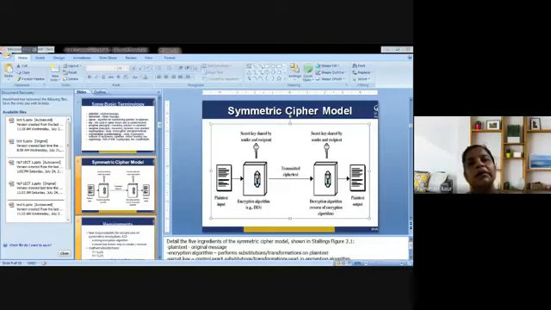So what is basically a stream cipher? It encrypts the digits, that is typically bytes or letters, in a substitution cipher or a message one at a time. Next is the block cipher. It takes a number of bits and encrypts them as a single unit, padding the plain text so that it is a multiple of the block size.